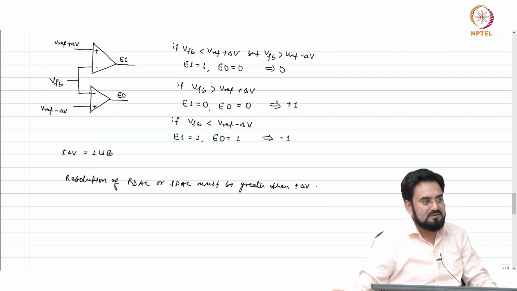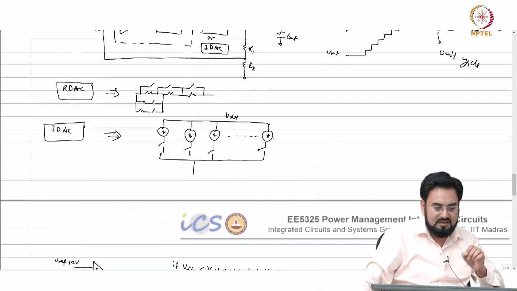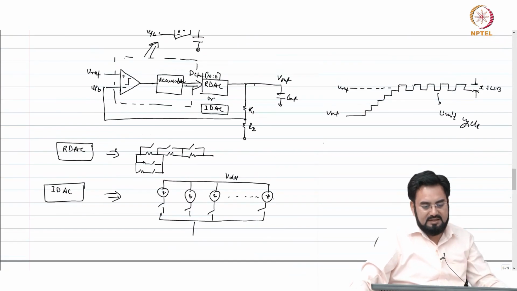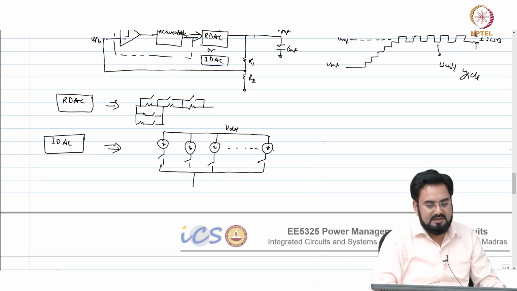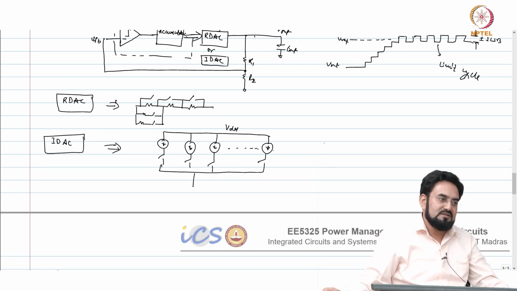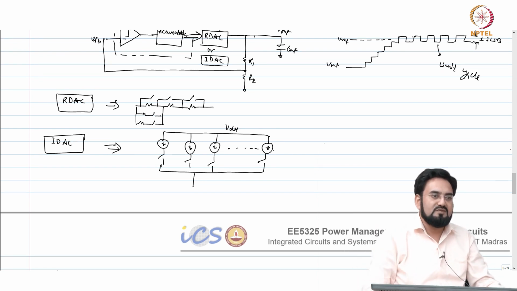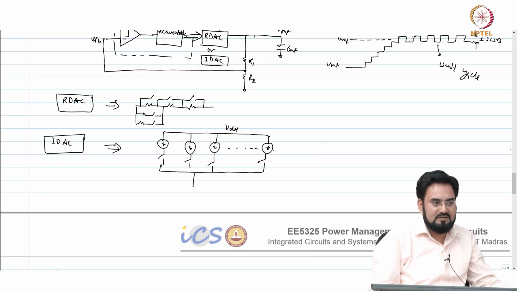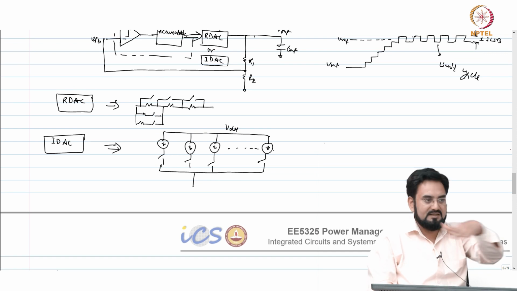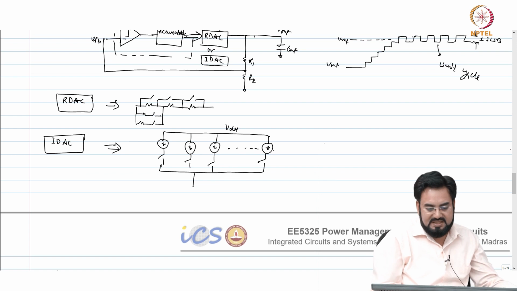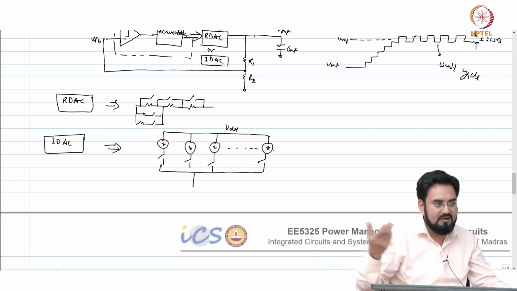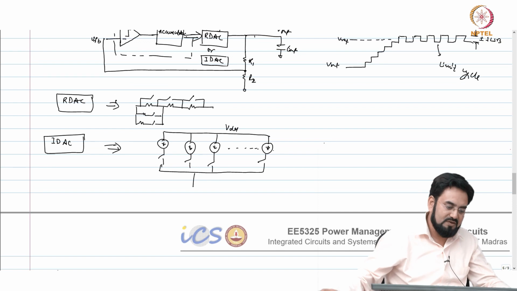If you are looking for 1 millivolt accuracy, then you keep your IDAC or RDAC resolution at half a millivolt or so. So, when you change one resistor or one current here, the output should not change by more than half a millivolt, then your output will settle. It can settle to any value within that 1 LSB. You may or may not get an error, it may settle at a 0 error also depending upon where it lies. But in the worst case you will get a 1 LSB error, but your output will not oscillate. So, that is the advantage with this.